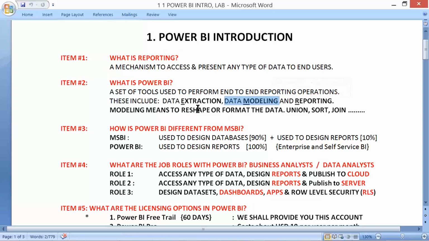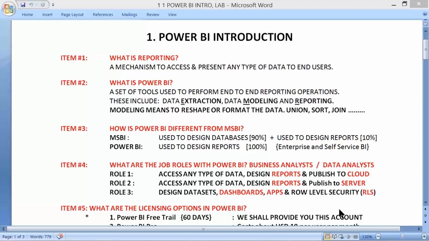Data modeling means to reshape or format the data like union, sort, lookup, search, joins, etc. and perform reporting activities. And a common question that generally arises, what is the difference between this MSBI and Power BI?